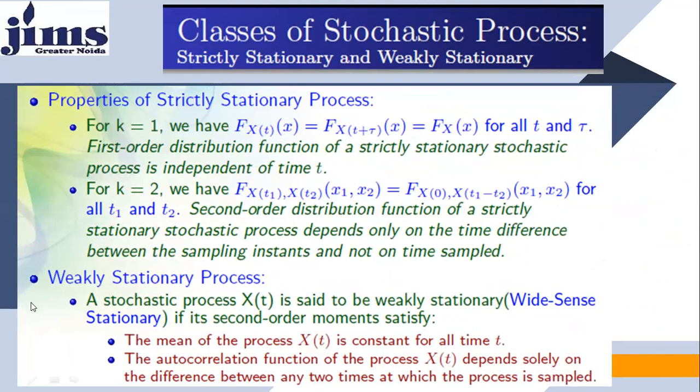Come to the weakly stationary process. A stochastic process X(t) is said to be weakly stationary or wide sense stationary if the second order moment satisfies the following. Number one, the mean of the process X(t) is constant for all time t, and the autocorrelation function of the process X(t) depends solely on the difference between any two times at which the process is sampled. So in that way, we have a